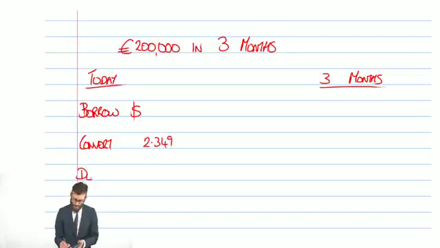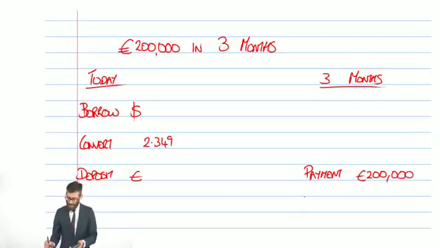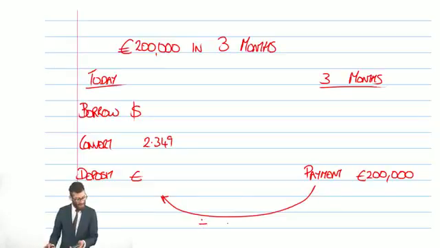I am going to deposit the euros. I don't know how many yet. What I do know is in 3 months' time I'm going to make a payment of 200,000. And I know that the deposit will earn me interest of, we said,